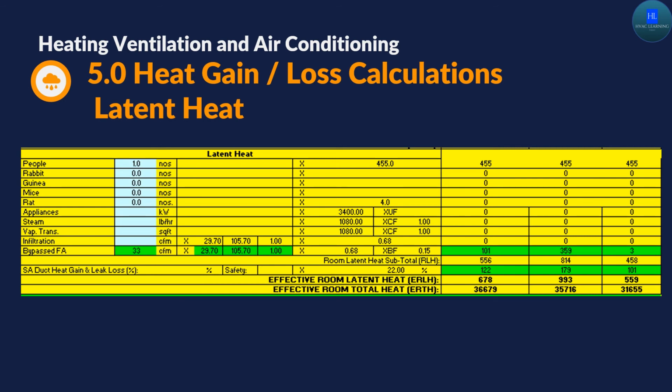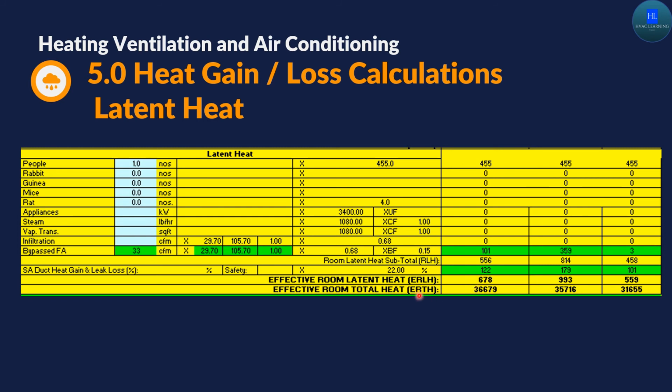So let's see what are the different sources of latent heat. Whenever we are breathing, while we are exhaling, when we are moving air out from the nostrils, moisture will come out. So that is also a part of latent heat. Maybe there are steam appliances with the discharge of the steam, the latent heat will add on in the room. So all those details are considered in this section. Once we are calculating all the details, we will come to know about the effective room latent heat.